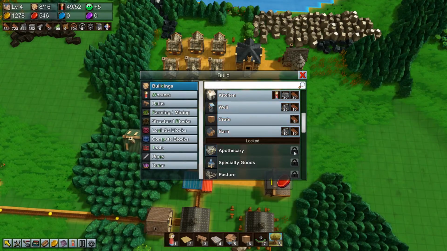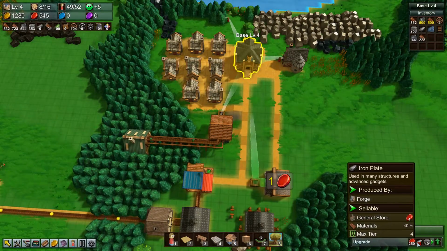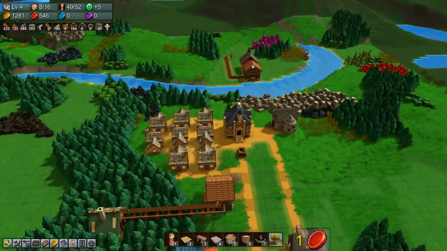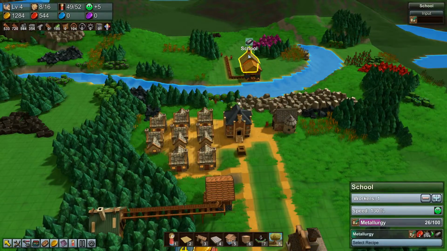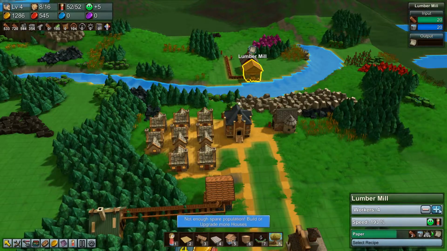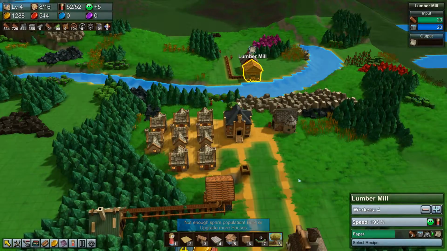So we need to unlock the Apothecary, which requires a base of level 5. We're currently level 4. We need iron. So, let's do that. We're researching metallurgy now. So, I'm going to put more people into that because we're going to need it. We also have run out of